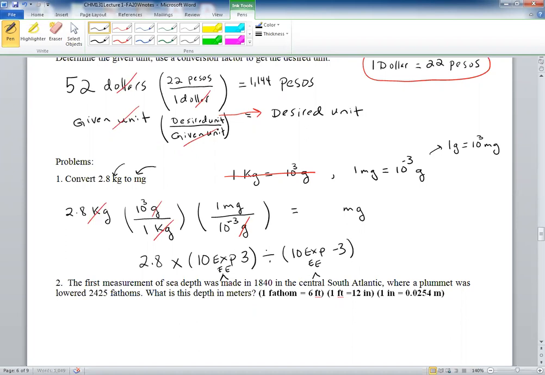If you know a little bit of math, this 10 to the negative third, you can actually invert that. So it's going to become 10 to the third on the top, or you can just, again, plug this into your calculator. So if you do this calculation, and if you would like to pause and do it so you can see if it matches this number, you should be able to get